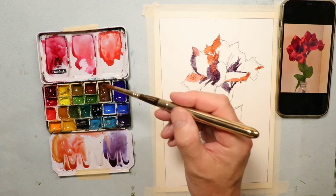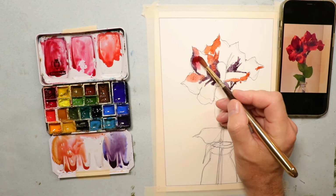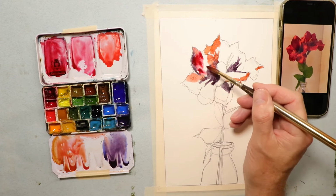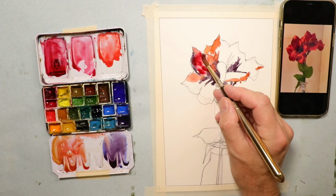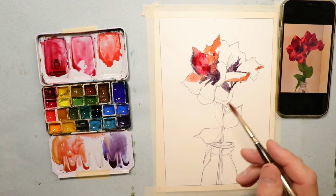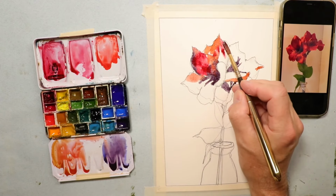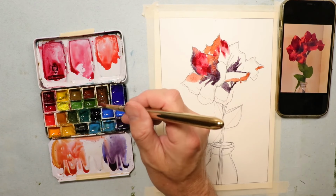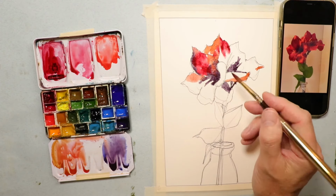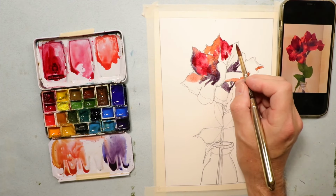And then what I'll do is I'll start to work in some of the darker reds, the alizarin crimson. And then just bring that right down into the darker darks. Feel free to leave some light lights, some bright bits of light, or you might see a little bit of a highlight of a light with your